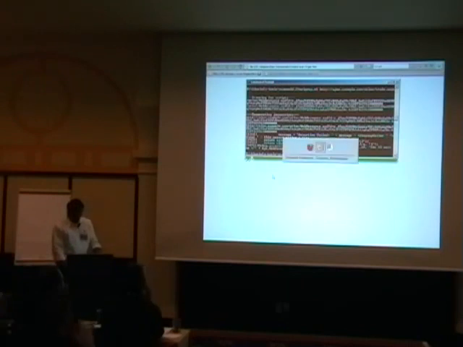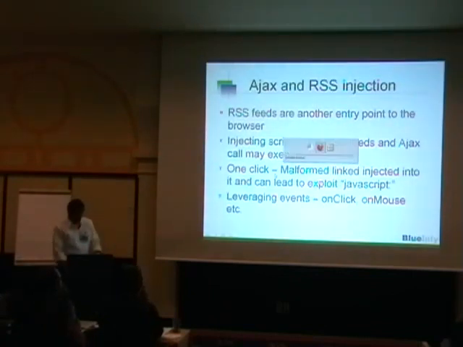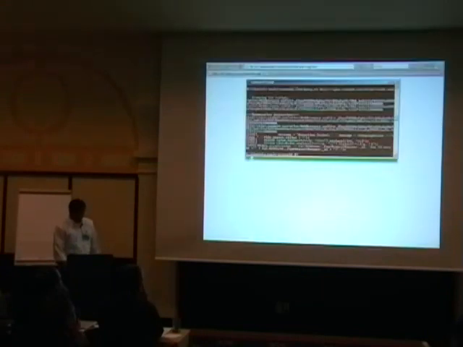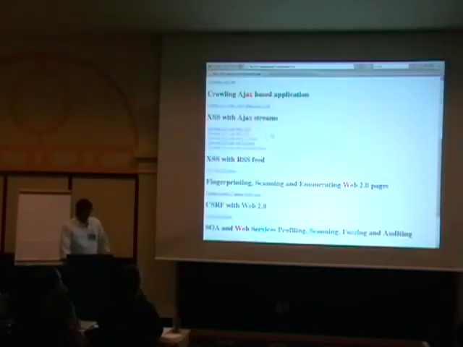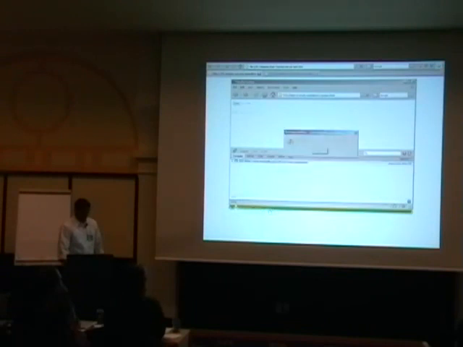Okay. So next is Ajax and RSS injections. Let's see some of the XSS as well. Over here, for example, there is an XSS with an Ajax stream. If we click here, we have a link which is actually coming from some third party. As soon as you click the link, there is an XSS.